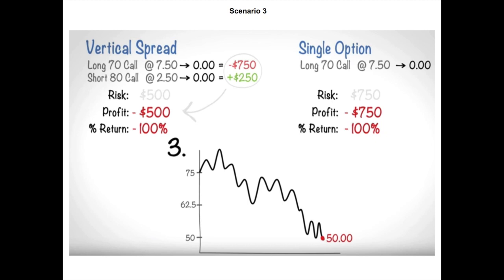Now let's compare that to a single option. It's basically the same thing. You lose $750 on your call, but this time you don't have any coverage of that short 80 call, therefore you lose $750. So that was it, guys, and as you can see, in all three scenarios the long vertical spread was